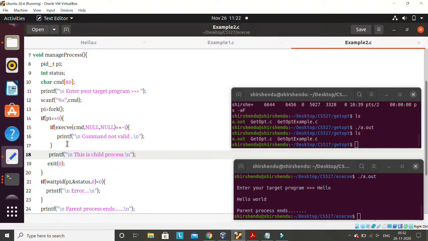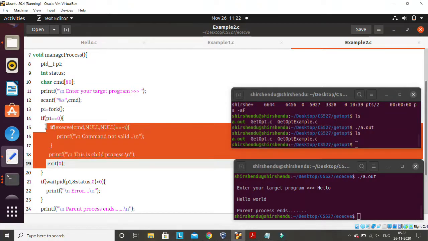What it is doing is replacing the child process with that hello process, meaning the complete content of this process. So what is the content of a process? Address space. The complete address space of the child process is replaced with the address space of hello. Once it starts executing hello, all these things no longer exist in the address space. That has been removed. So this complete thing is now converted to the content of hello.c. The moment hello.c is done, the child execution is also over. I hope you will remember this point.